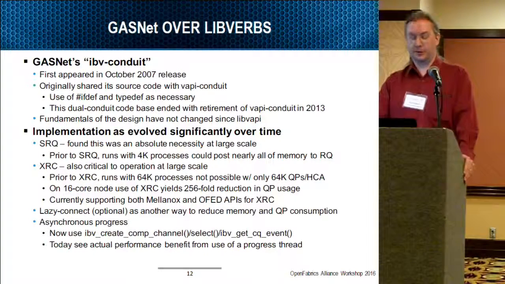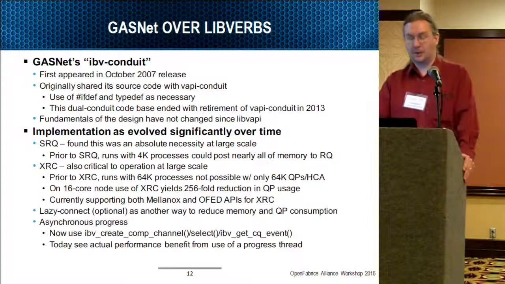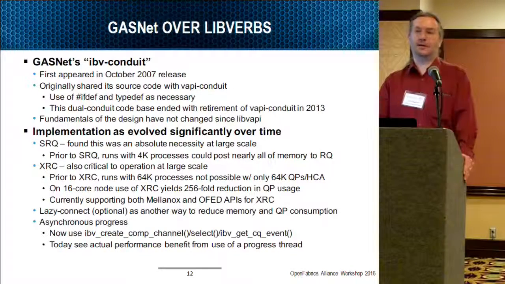And I think the first 2 are probably ones I don't need to do any evangelism for. Shared receive queue and XRC were both designed as mechanisms to conserve resources and to scale out to larger jobs. And we found, even at the scale of something like TACC Ranger, if you're familiar with that system, it was absolutely necessary to look at 4K processes across that system. With our default settings, we were essentially posting nearly all of the memory on a node to receive queues and leaving none for the application.